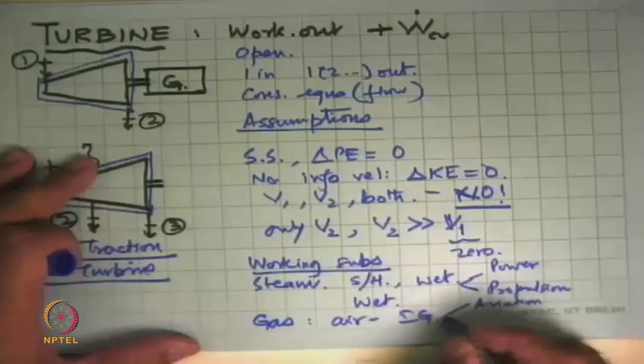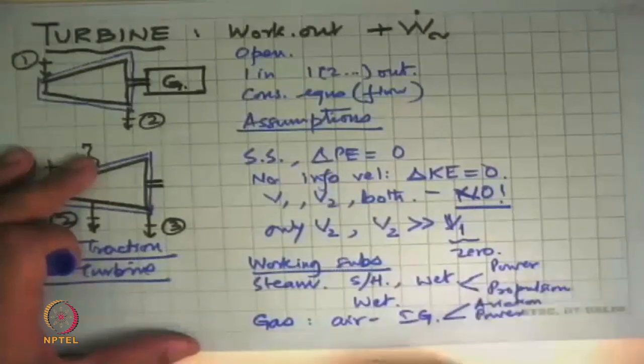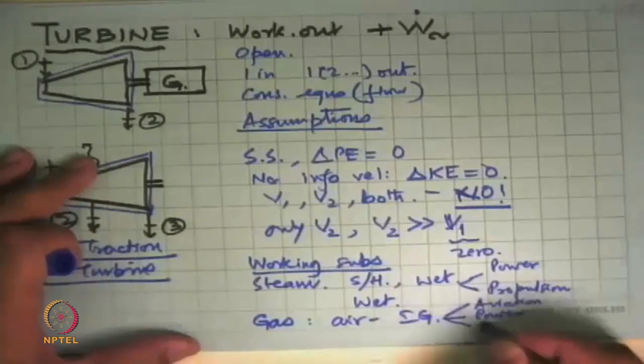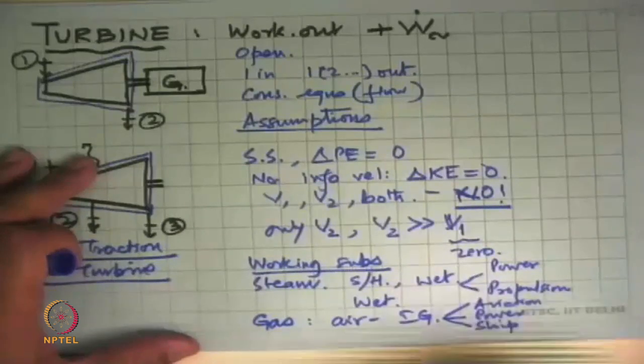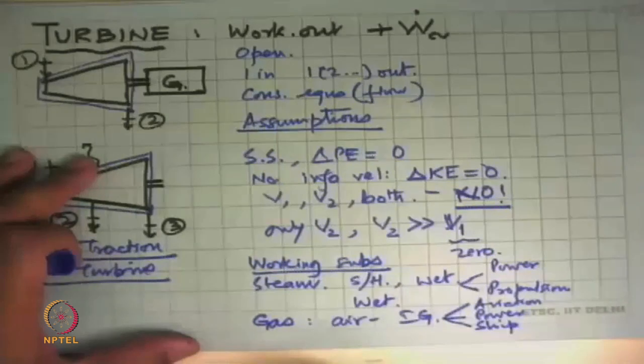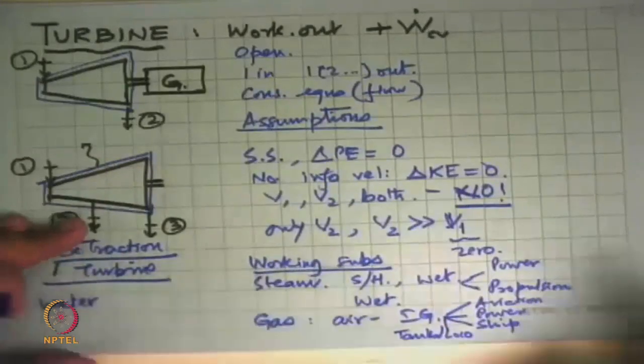But gas turbines are also used in stationary applications like power generation. Gas turbines are also used for propelling naval ships. Not so much, say, cars. Traditionally, we do not look at that in this course.